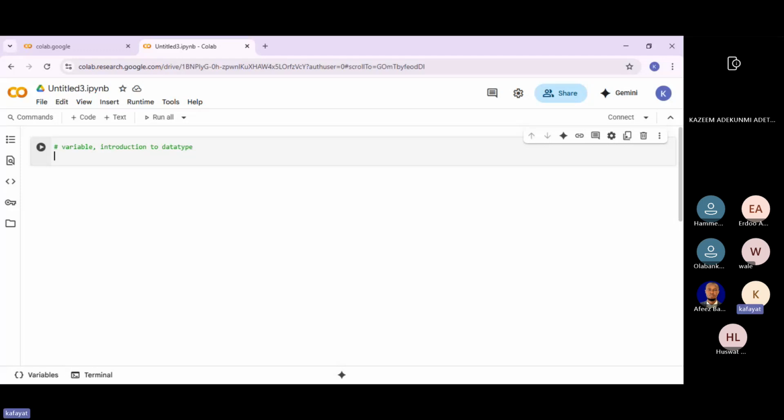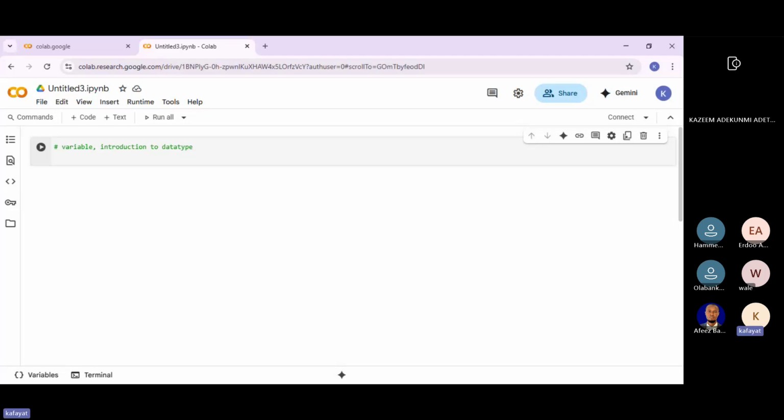So a variable is just like a name placeholder. I call it a placeholder, or like a container. It's not mainly a container, so let me use placeholder, in order to house a particular element.